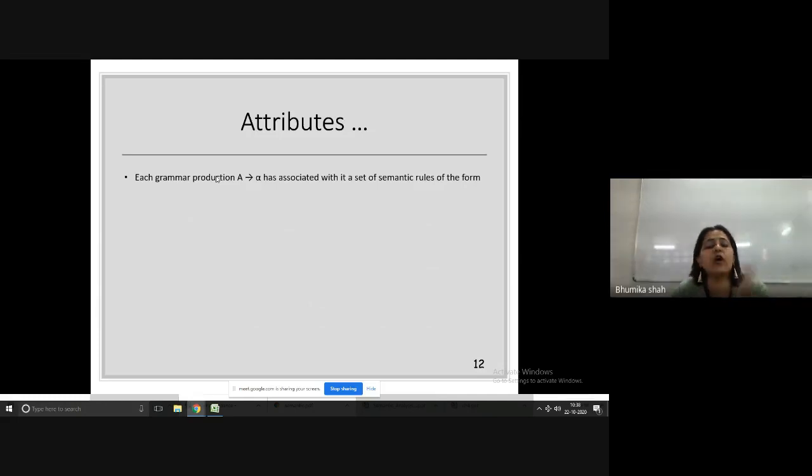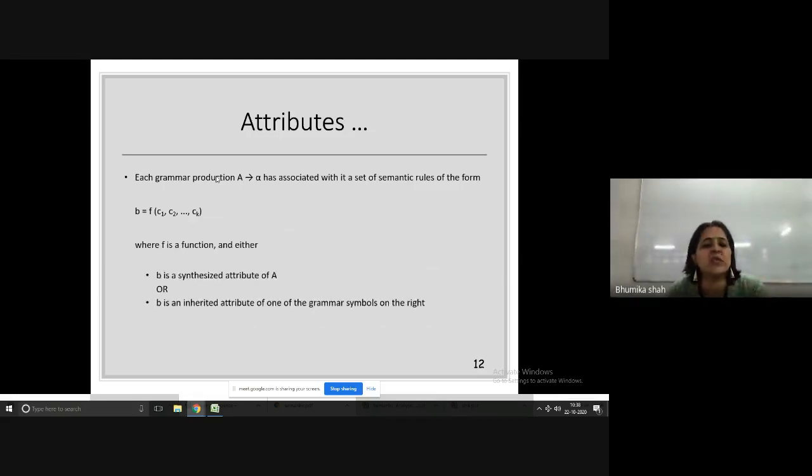Now if we take a formal definition of attributes, each grammar production A derives alpha has associated with it a set of semantic rules of the form B = f(C1, C2, ..., Ck), where f is a function and either B is a synthesized attribute of A or B is an inherited attribute of one of the grammar symbols on the right. So B can be either an inherited attribute or a synthesized attribute.